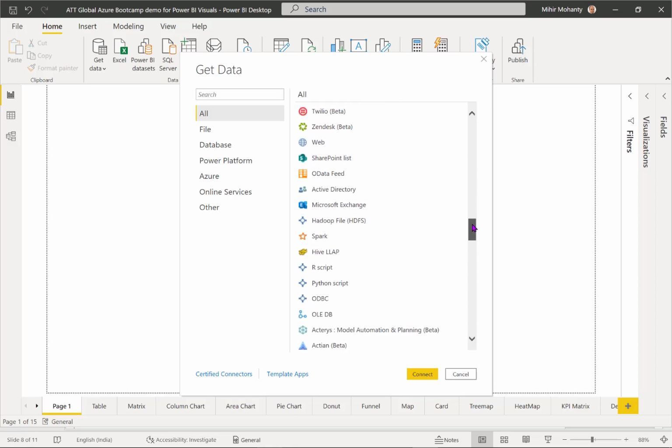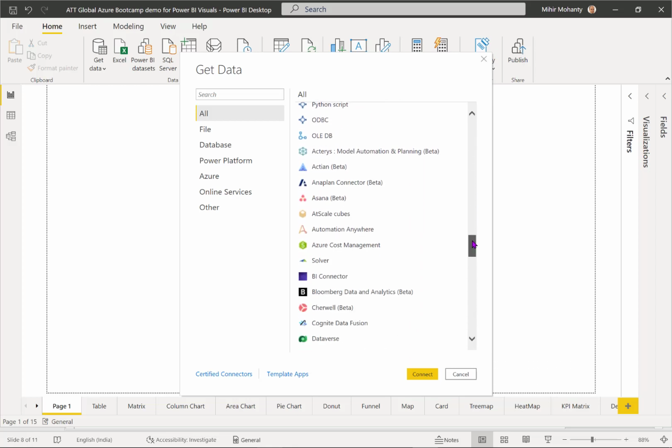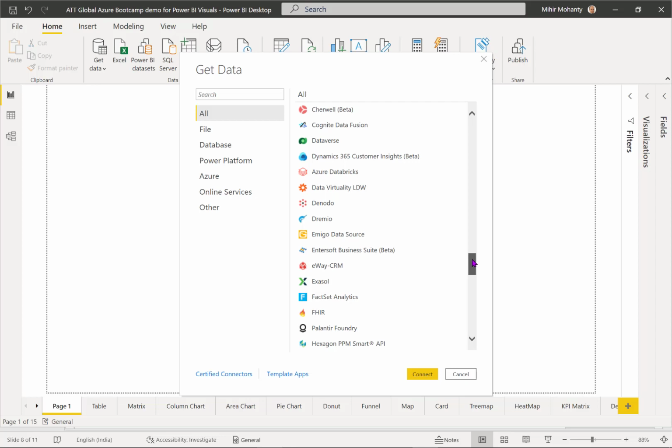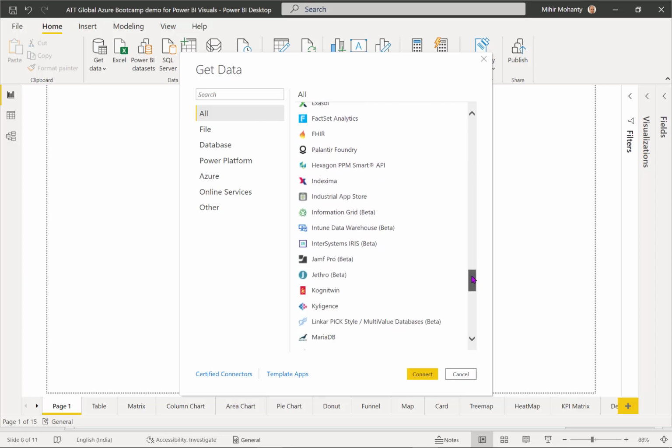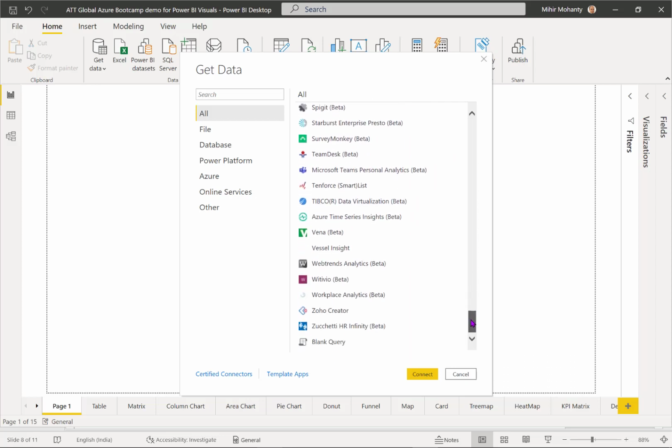Apart from that, this also helps you to pick up the data on a real-time basis. What I mean by real-time is, think of if you are planning to pull up some data from a web source.